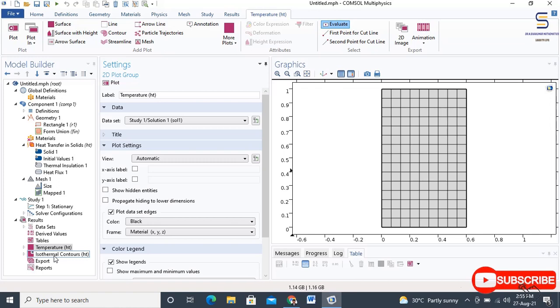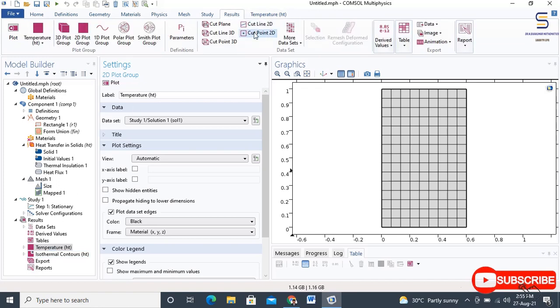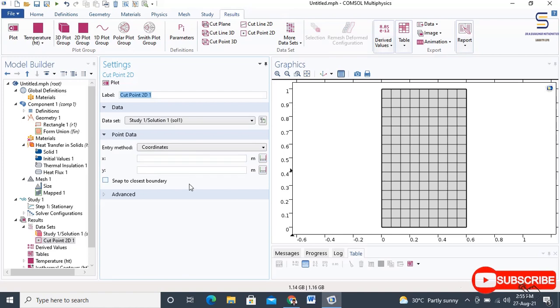To compare this value with that from the simulation, evaluate the temperature at this location. On the results toolbar, click cut point 2D. In the settings window for the cut point 2D, locate the point data section and in the X field, type 0.6, Y field 0.2.